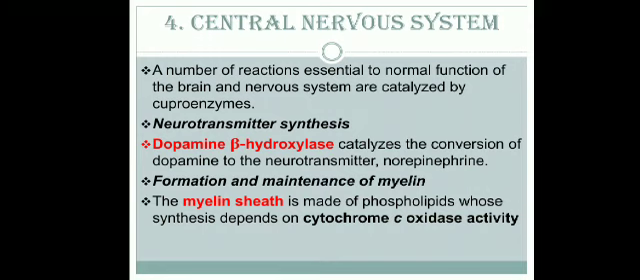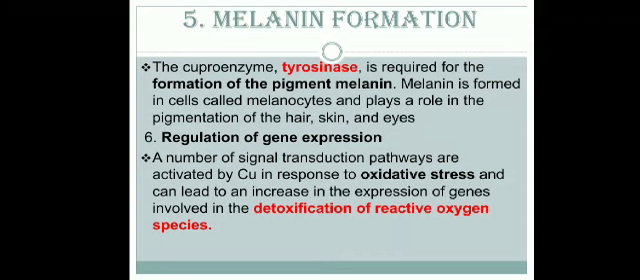Now its fifth function is in melanin formation. Again, another cuproenzyme, or copper containing enzyme, the tyrosinase, is required for the formation of the pigment melanin. Melanin is formed in the cells called melanocytes and plays an important role in the pigmentation of the hair, skin